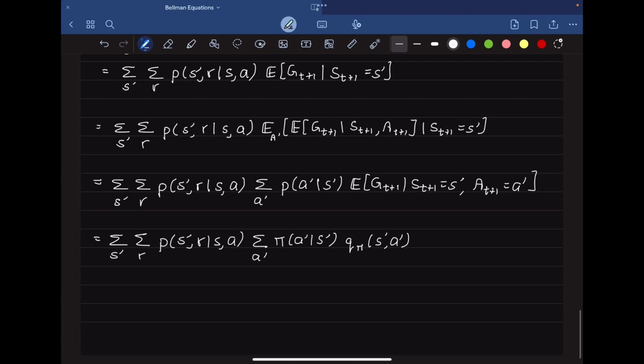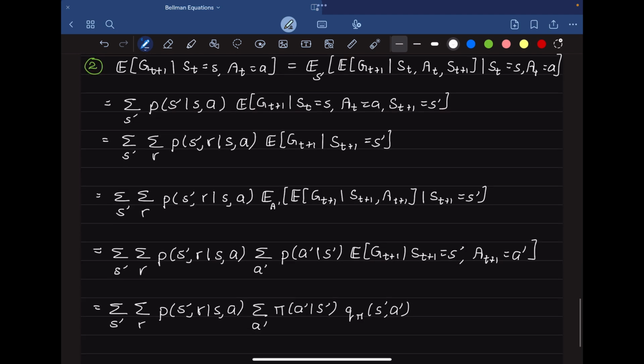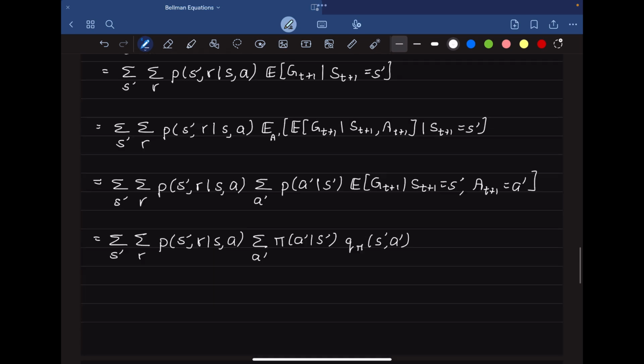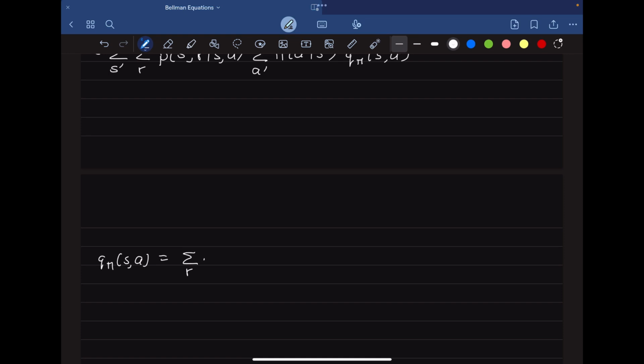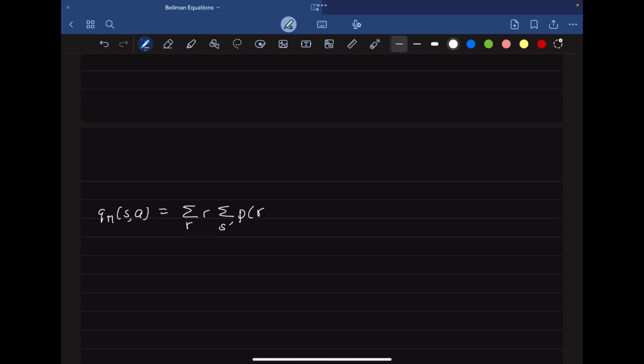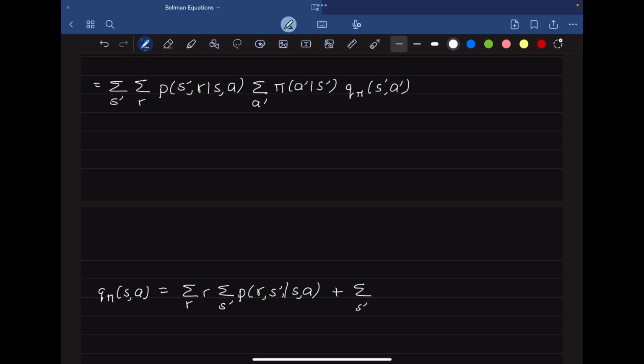Right. So now once we have got both the terms of the expression, we can collectively write the state action pair value function to be equal to summation over all the rewards and all the next states, we have probability of s prime given that the state is s and we take the action a, plus summation over again all the next states and all the rewards, probability of s prime and r given s and a times summation over all the next actions, probability of choosing this next action,